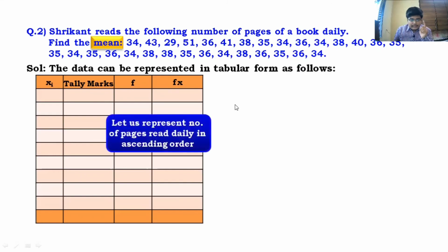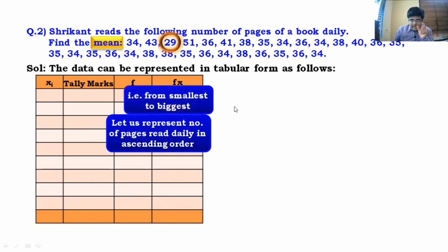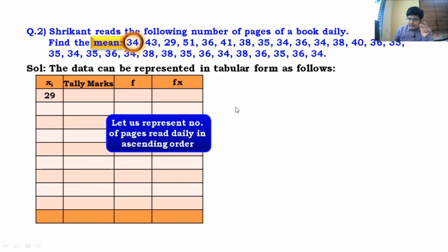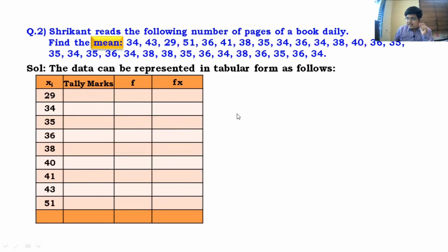First, the tally marks. See here the values of X. The least value of X, you look, is 29. So from 29 you go on to 34, 35, 36 and so on. The highest over here is 51, the last one. What I want you to do is pause this video and fill this table. I mean, just find the frequencies. First find tally marks, cancel each and every value, fill in the tally marks column, and then find the frequencies. And then I'll tell you what is to be done ahead. Go ahead, pause this video and solve this further.